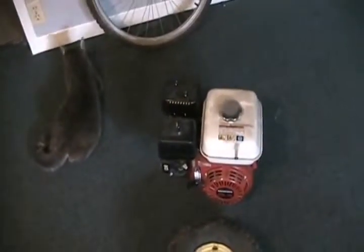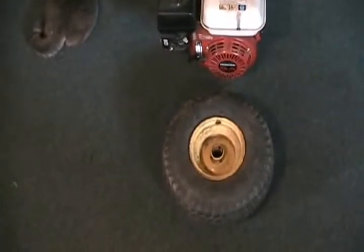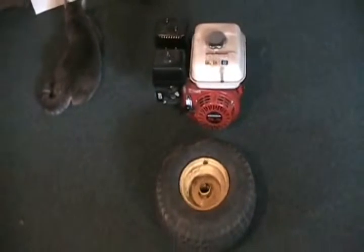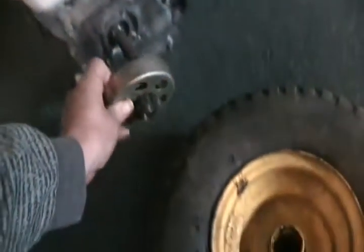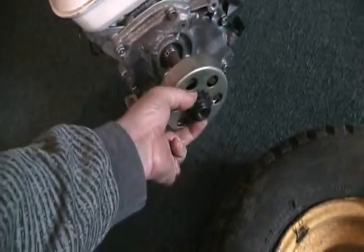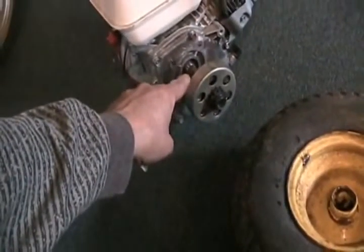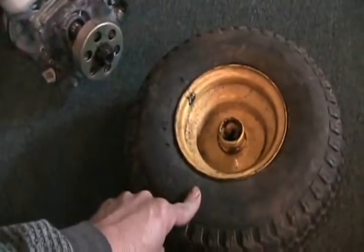But anyways, if that motor were 8 horsepower, and that 350 pound go-kart with somebody in it had a wheel that size, it could probably do 50 miles per hour. Now if I put that clutch on it, I've already measured the sprocket on that clutch, and its total diameter is 1.75 inches. So the engine would have to spin 3.79 times to make that wheel turn 1 rotation